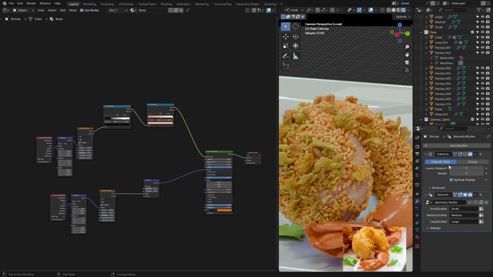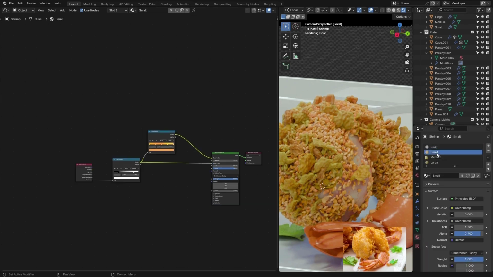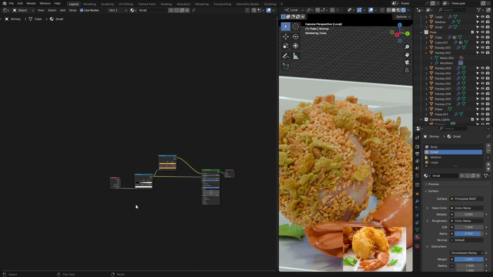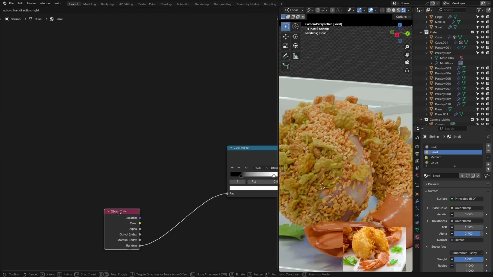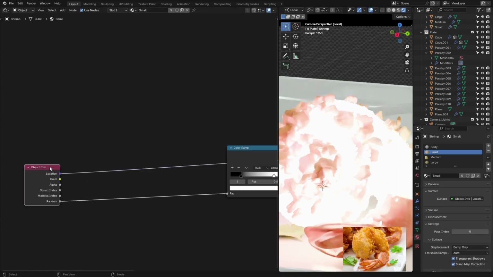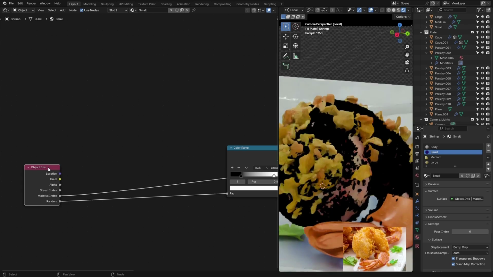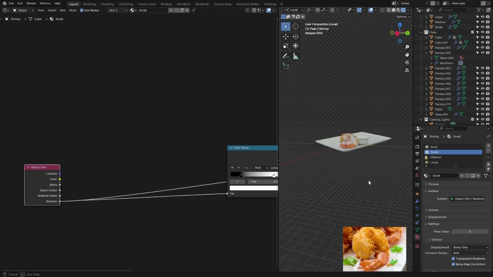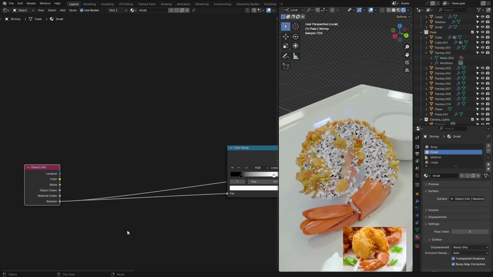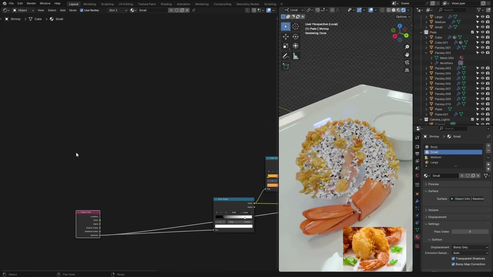All right, now let's go for the smaller ones. So small needs to have a lot of change. So this is randomness. Ctrl Shift and left click a bunch of times. Let's go for random output. Let's connect that or combine that with